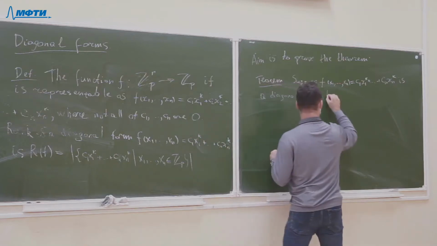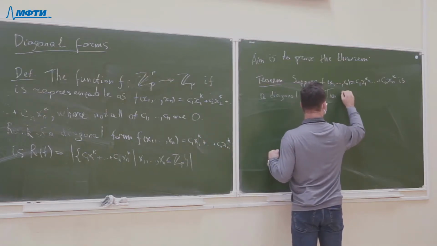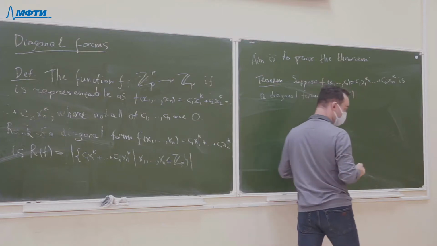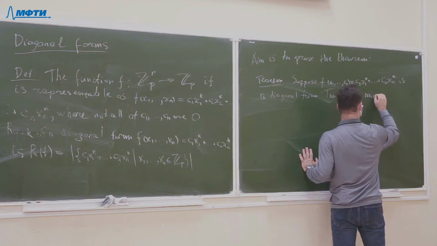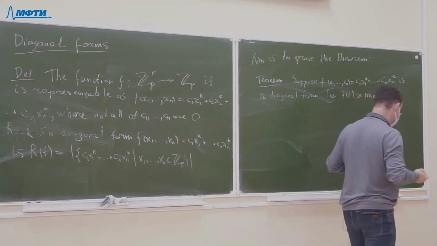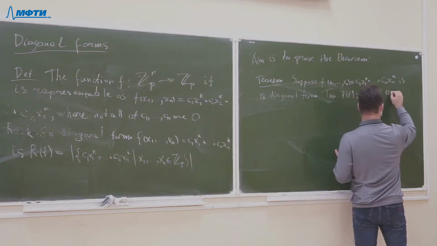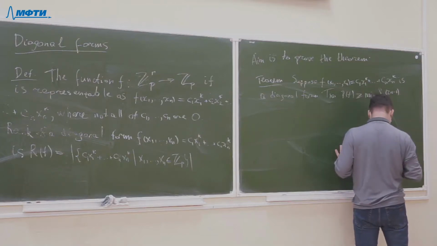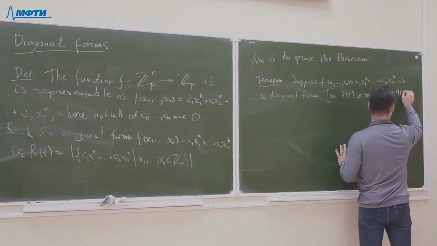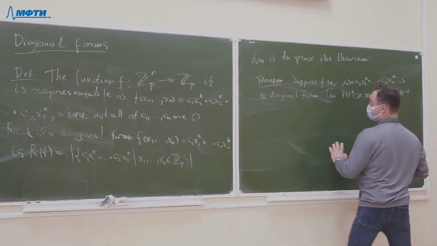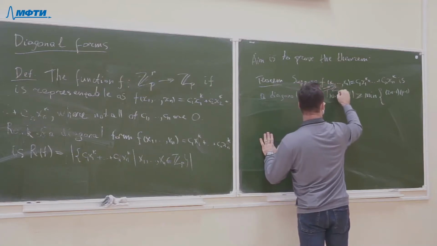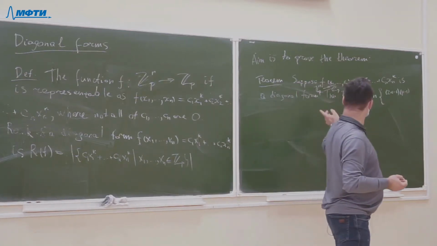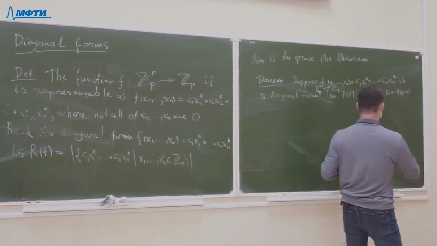Then the rank of this diagonal form is at least the minimum between this, 2n minus 1, divided by p minus 1, from Z_p^n onto Z_p, right? So p in here, divided by